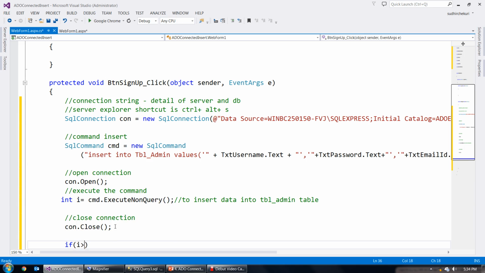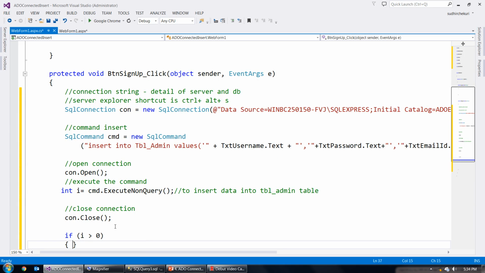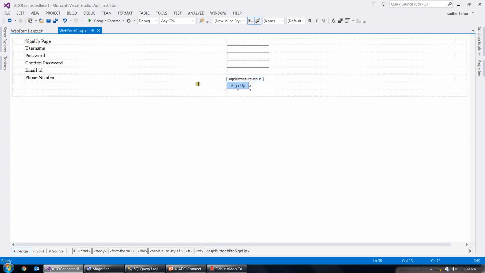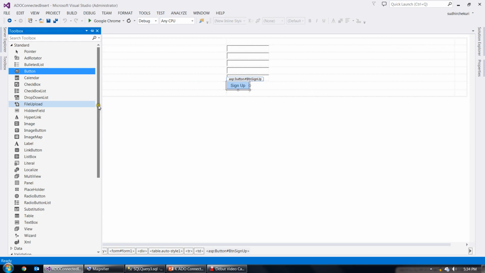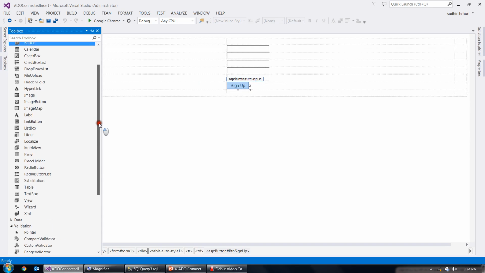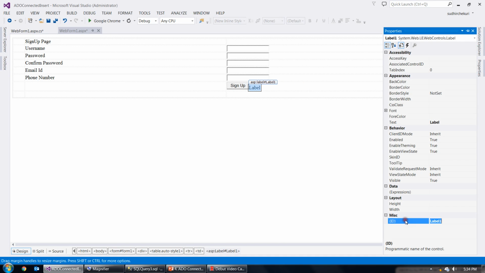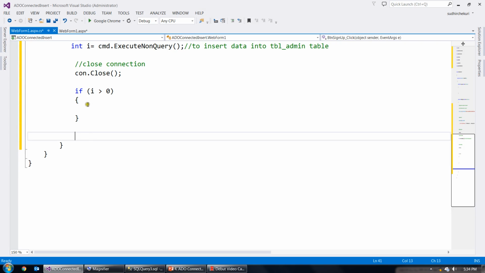If i is greater than 0, that means if at least one row is inserted, it will give a value into that. You can show some message on the label. Before that, you have to place a label here. So I'm going to use one label, label 1, which I'm going to rename its ID as lblMsg. Text I want to make it empty, so that nothing is displayed until sign up is successful. When the sign up is successful, if i is greater than 0, lblMsg dot